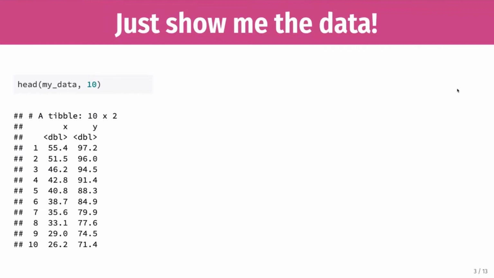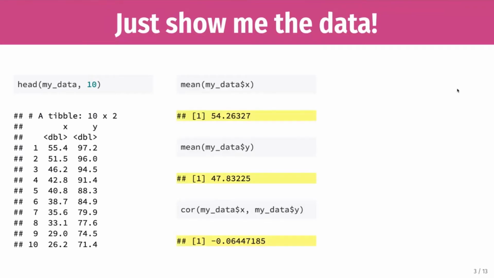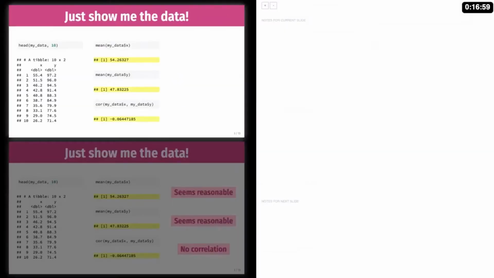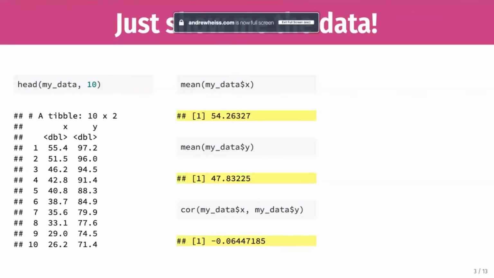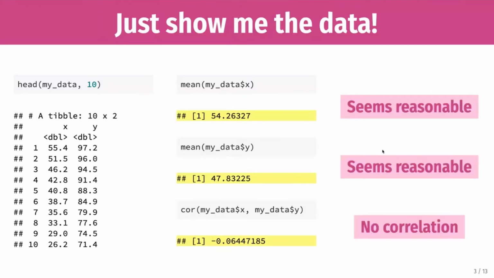It could change later. So then you run some simple summary stats and you look at the average for X, the average for Y, and the correlation between the two. And you see that X is actually a little bit higher on average than Y, so neat. And there's not really any correlation between them. It's kind of a negative 0.06, which if you remember from stats, that's basically zero. So you can conclude there's no correlation between the two, and you publish this paper and say, hooray. The issue with this, though, is this average and correlation here